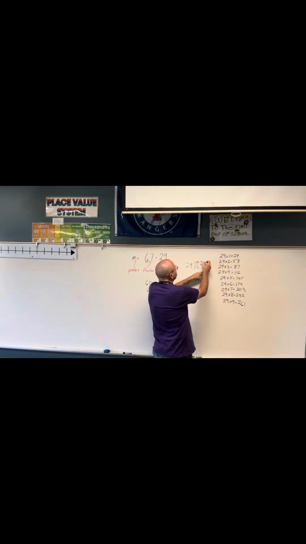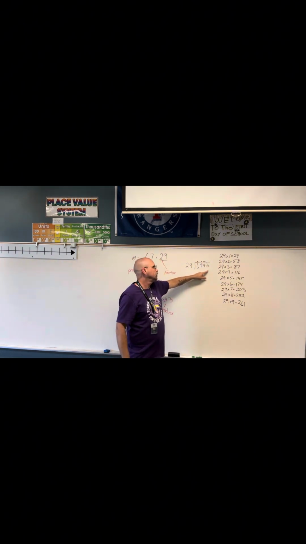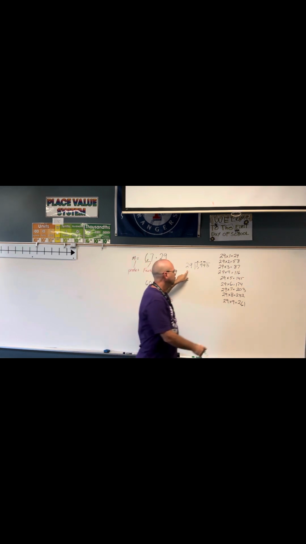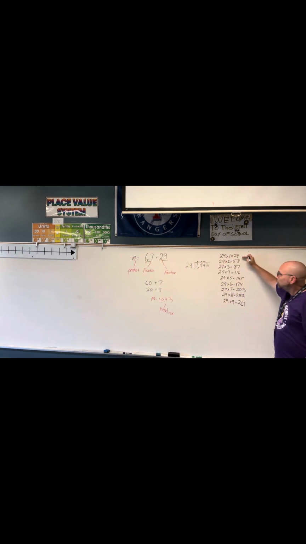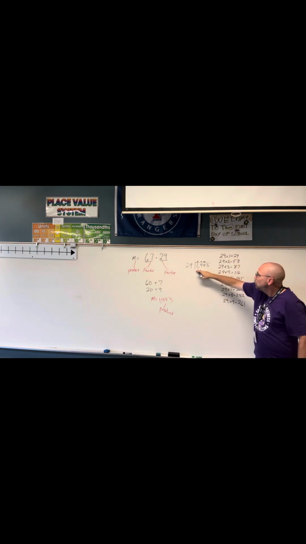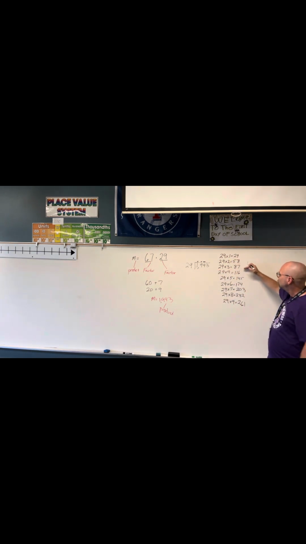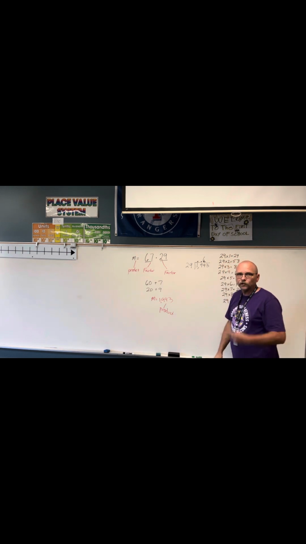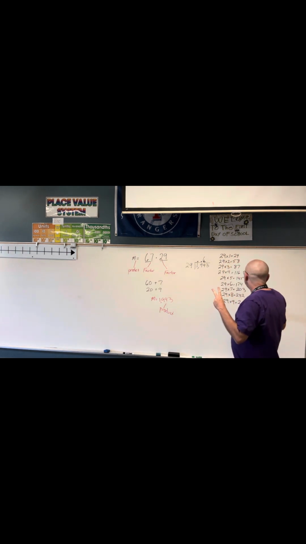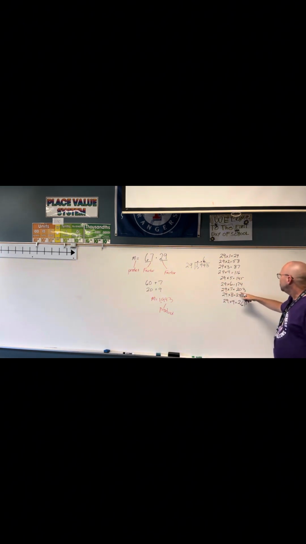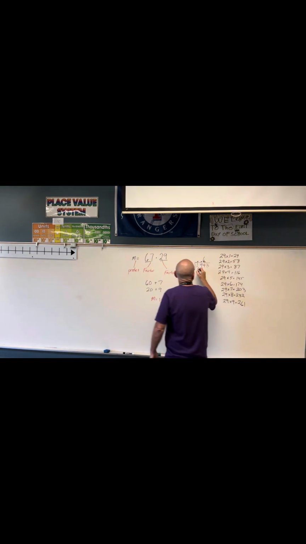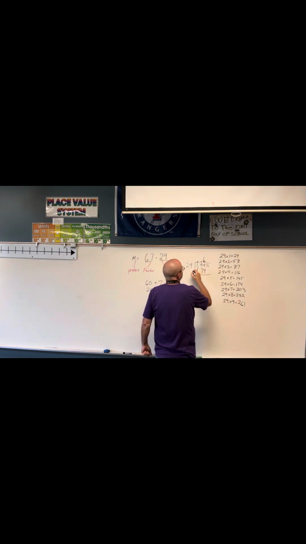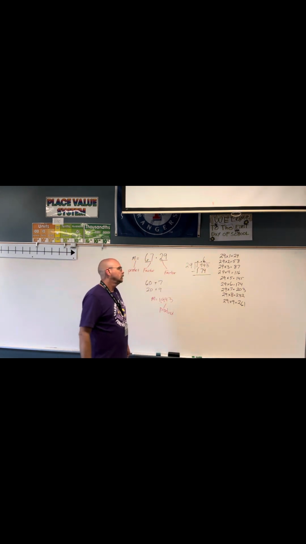It does, however, go into 194, because 194 is greater than 29. So now I come over here and look. I want to find as close to 194 as I can without going over. Well, 203 is too big, so it must be 29 times 6, because 29 times 6 is 174. So the 6 is in the tens place. I'm only going to have a 2-digit quotient. And 6 times 29, I have over here, is 174. I subtract,